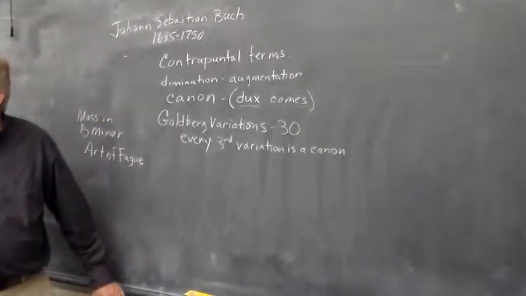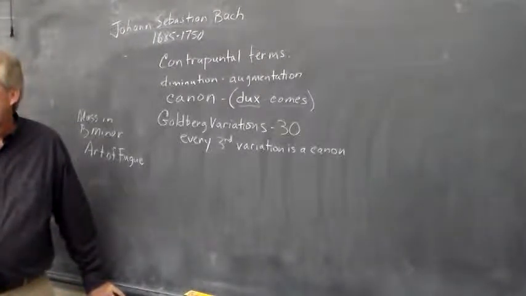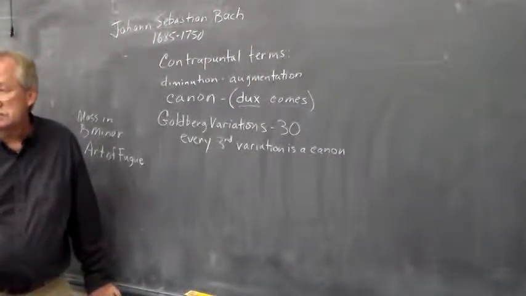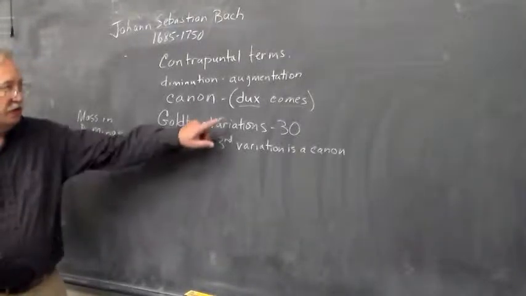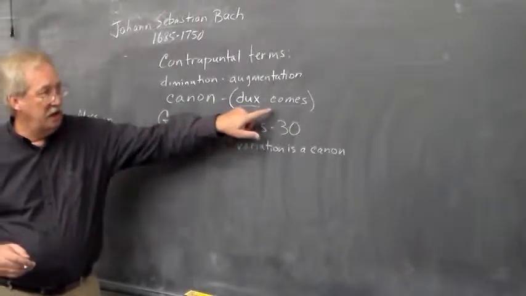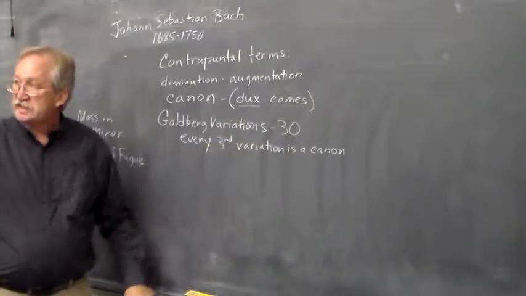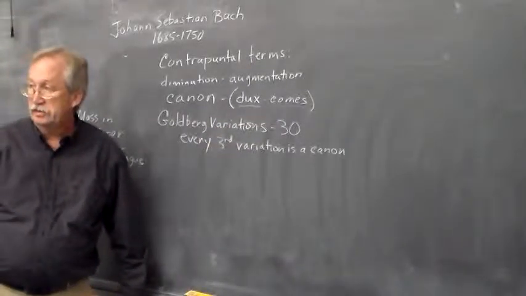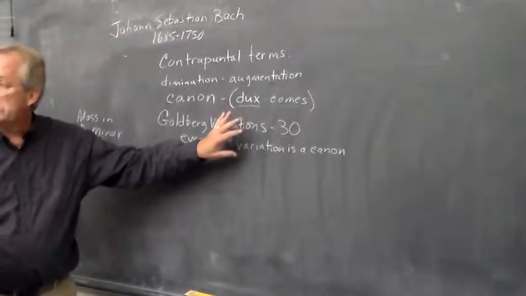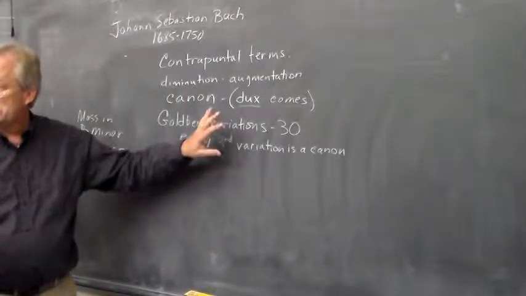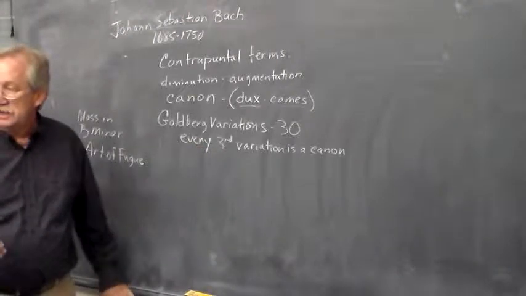Furthermore, if you divide the variation by 3, it will tell you the interval of the canon. So the third variation is a canon at the unison. So variation 6 is a canon at the second. So that means that the leader states a melody, and then the follower enters a measure, a half measure later, at the interval of the second, either above or below the leader. And so this continues all the way to variation 27. What would variation 27 be? It would be a canon at the ninth, right? And so